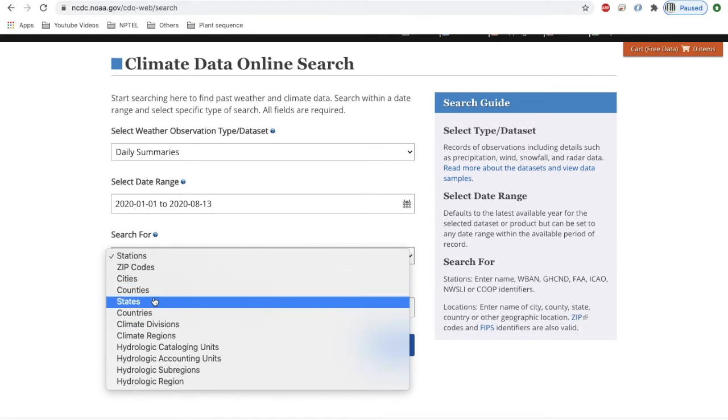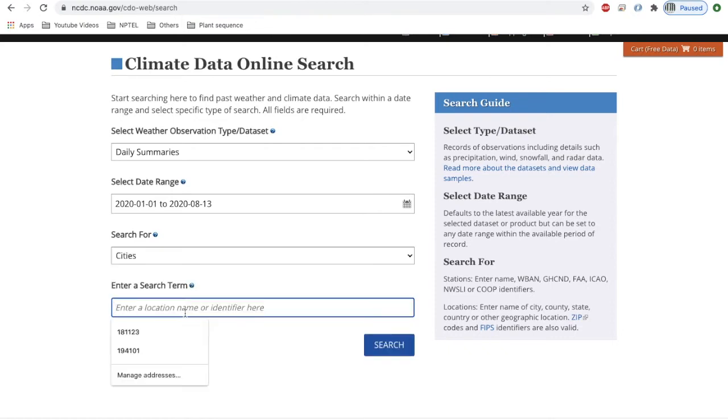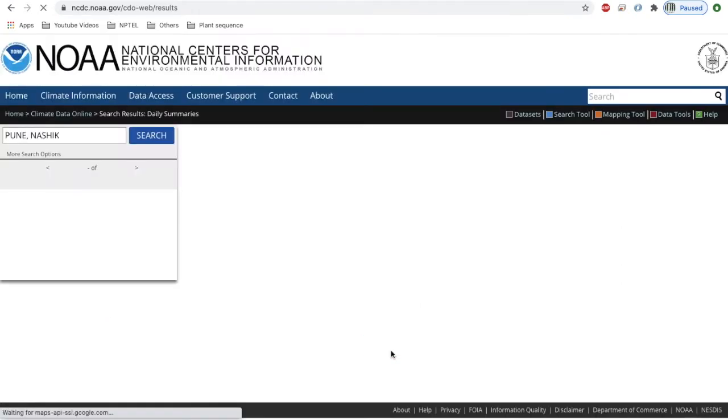Today I'm gonna extract historical weather report of Pune city, so I'll select cities in this option and type the city name in this text box, like I'm typing Pune city, then press search button.